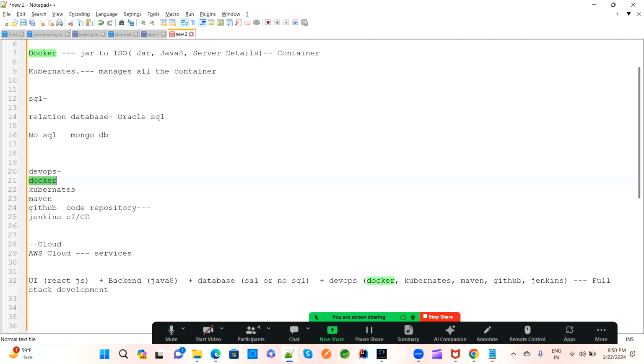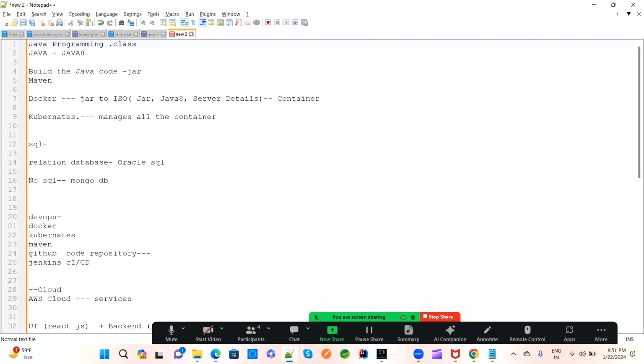Once the Docker image is created from the jar, containers and all, to maintain all the containers we have Kubernetes. For SQL we have relational and non-relational databases: non-relational will be Mongo, relational will be Oracle, and then Java 8 we will use for the backend. And then